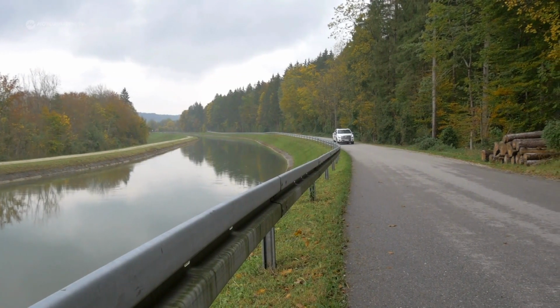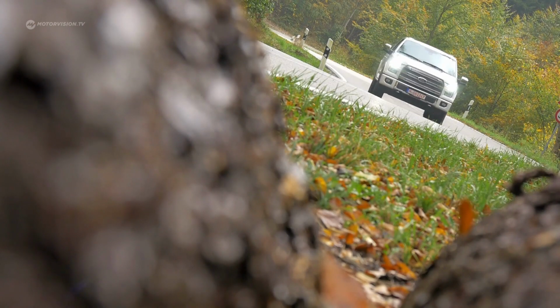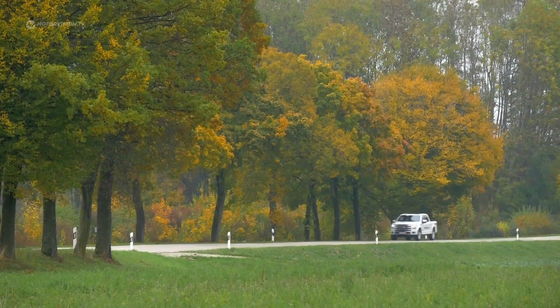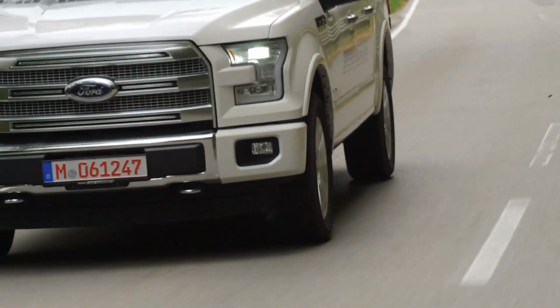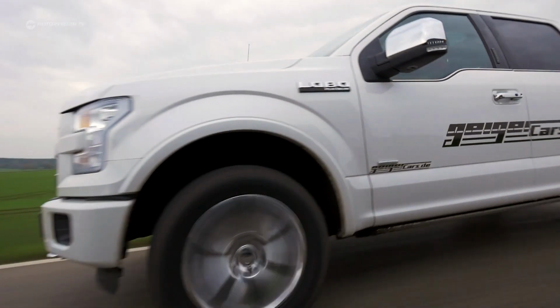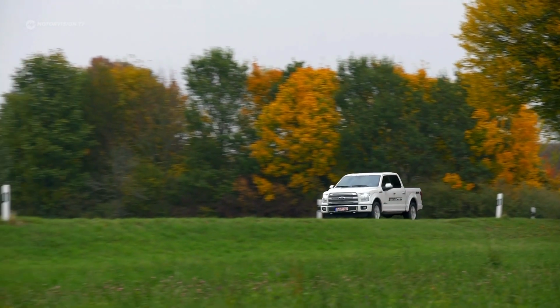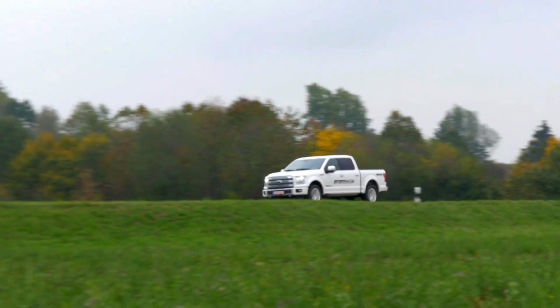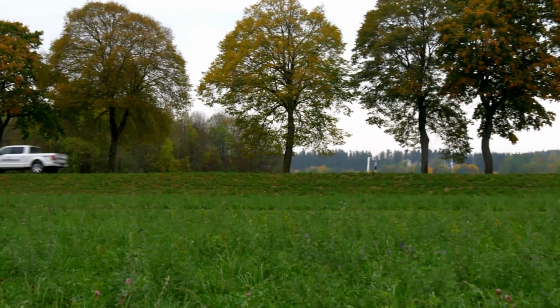Unfortunately, Ford does not sell the huge pickup in Europe, and those who want to have one have to rely on importers. There, one will easily cost 60,000 euros. With the Ford F-150, one has a practical vehicle with lots of space, but at the same time, one does not have to sacrifice any comfort and luxury. Those interested in the American drive style and with no fear of driving this huge pickup, even in narrow city centers, for those, the F-150